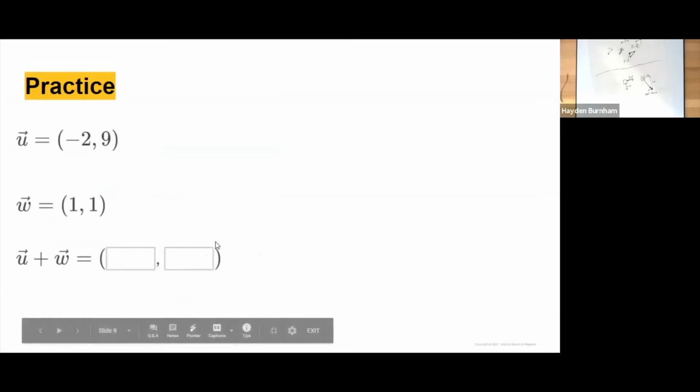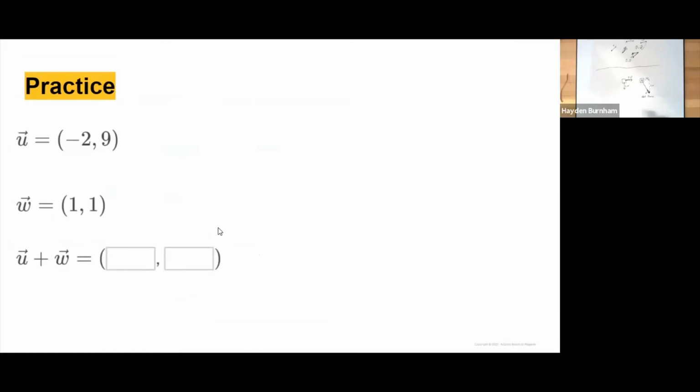Okay, so this is the other method I wanted to talk about. Sometimes vectors are given in this notation, which is what we call component notation, I think. I might be getting that wrong. But basically, it's giving you the vector in the xy plane. So when you have that -2, 9, it means -2 in x and a positive y, 9. And this one would be positive x and 1 in the positive y direction.